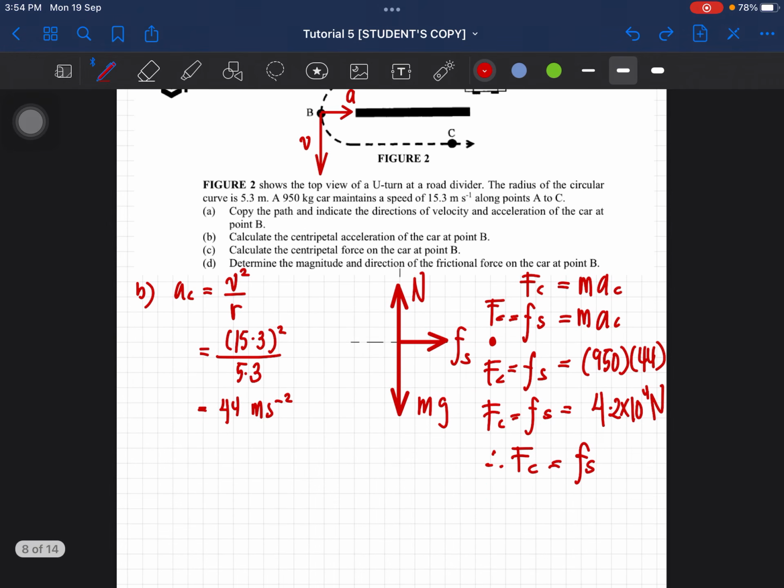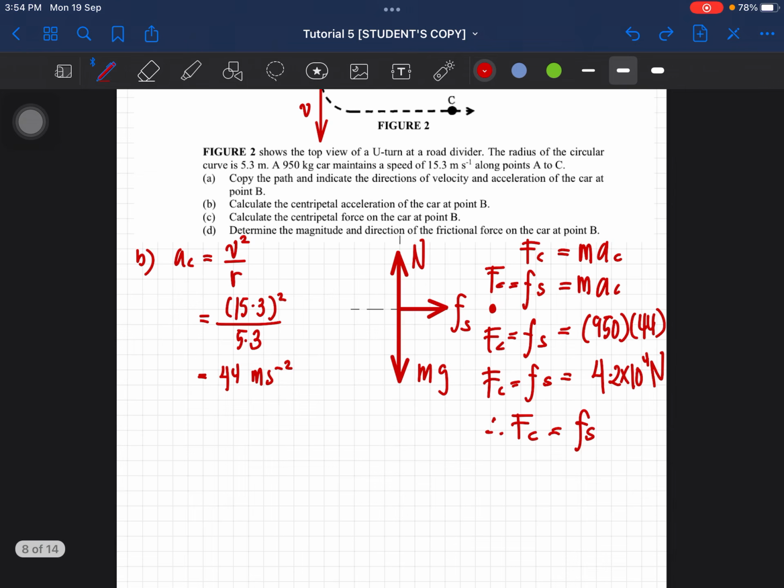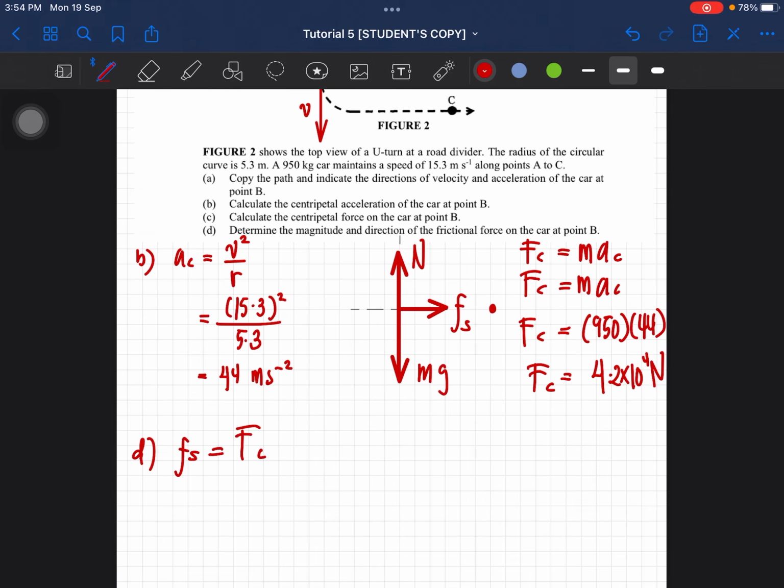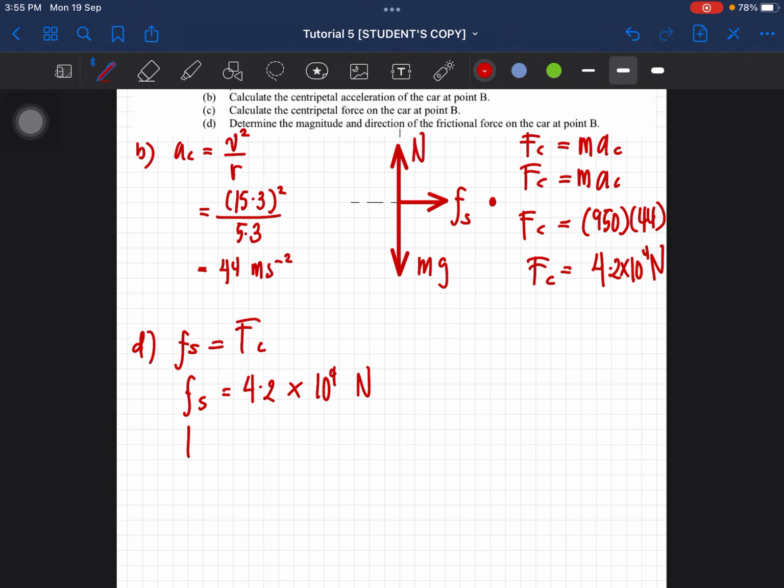Now question D, we have to determine the magnitude and direction of the frictional force on the car at point B. The magnitude we already calculated earlier. For question C earlier, you don't need to write FS, you just consider it as FC. The frictional force is equal to the centripetal force, which is equal to 4.2 times 10 to the power 4 Newton. The direction, you just put towards the center